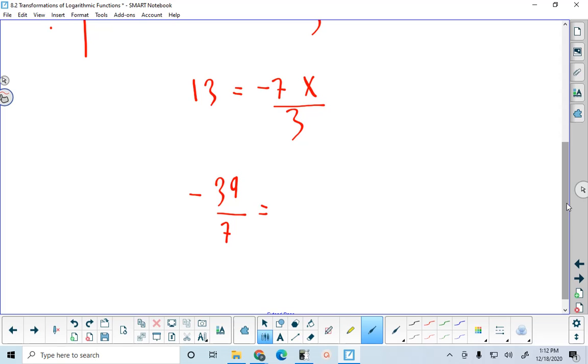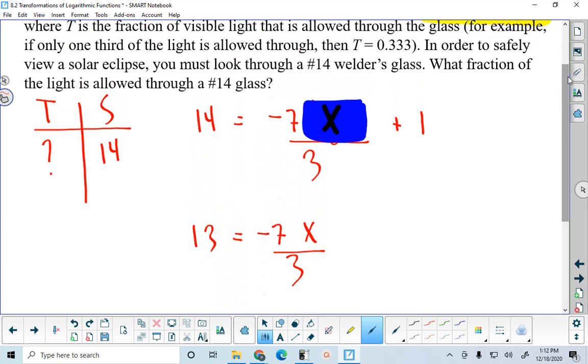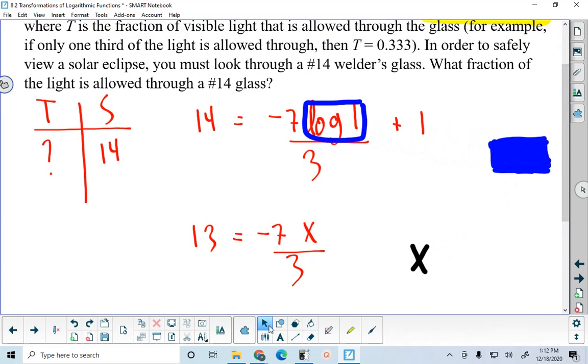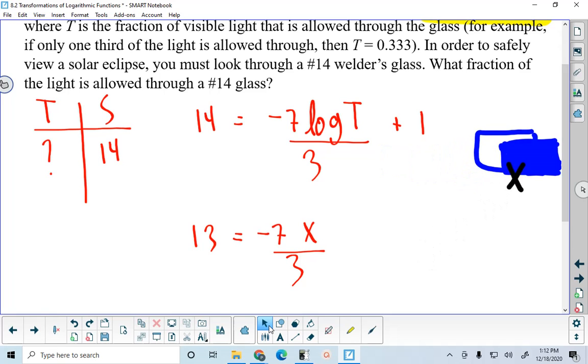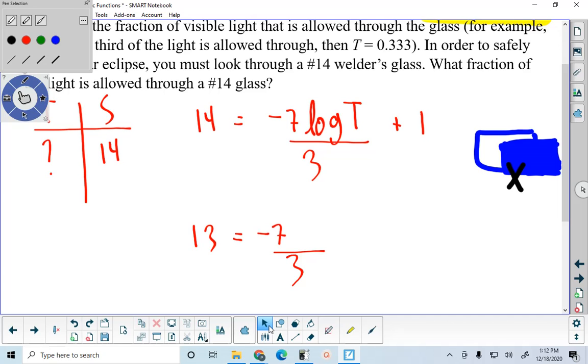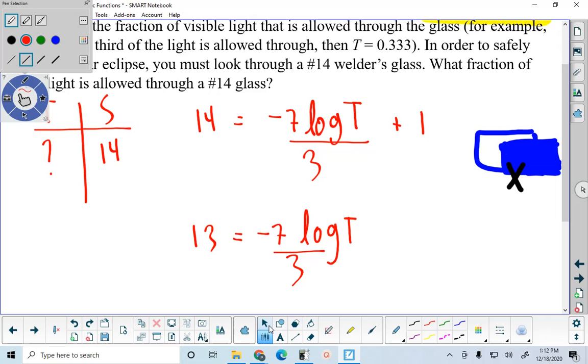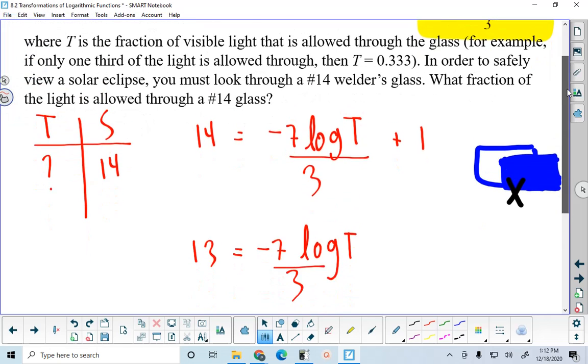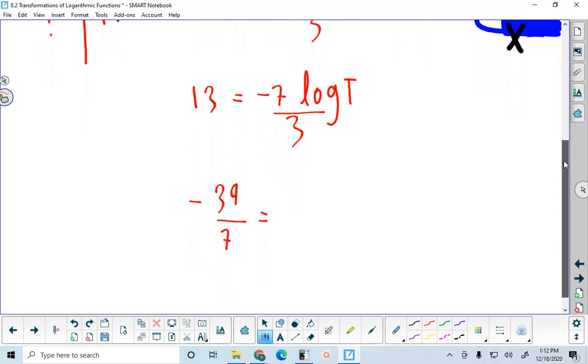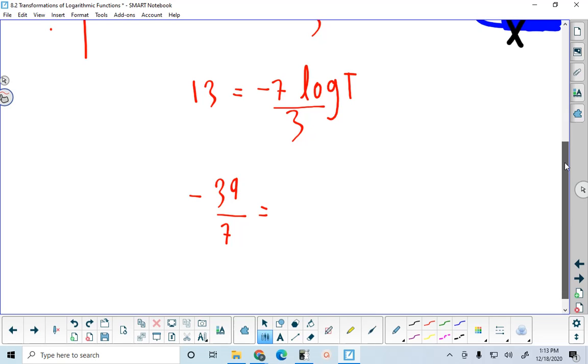But now we've got to give our heads a shake and come back to reality. You would think it shouldn't matter, but unless I explain that to people, people get stuck. They don't know what to do. What you are doing is you're rearranging for log of T. So you're subtracting 1 from both sides to get 13 equals -7 log of T over 3. Just want to make sure that's the right formula, and it is. Then you're taking 13 times 3, which gives you 39, divided by -7, gives you -39/7, which is